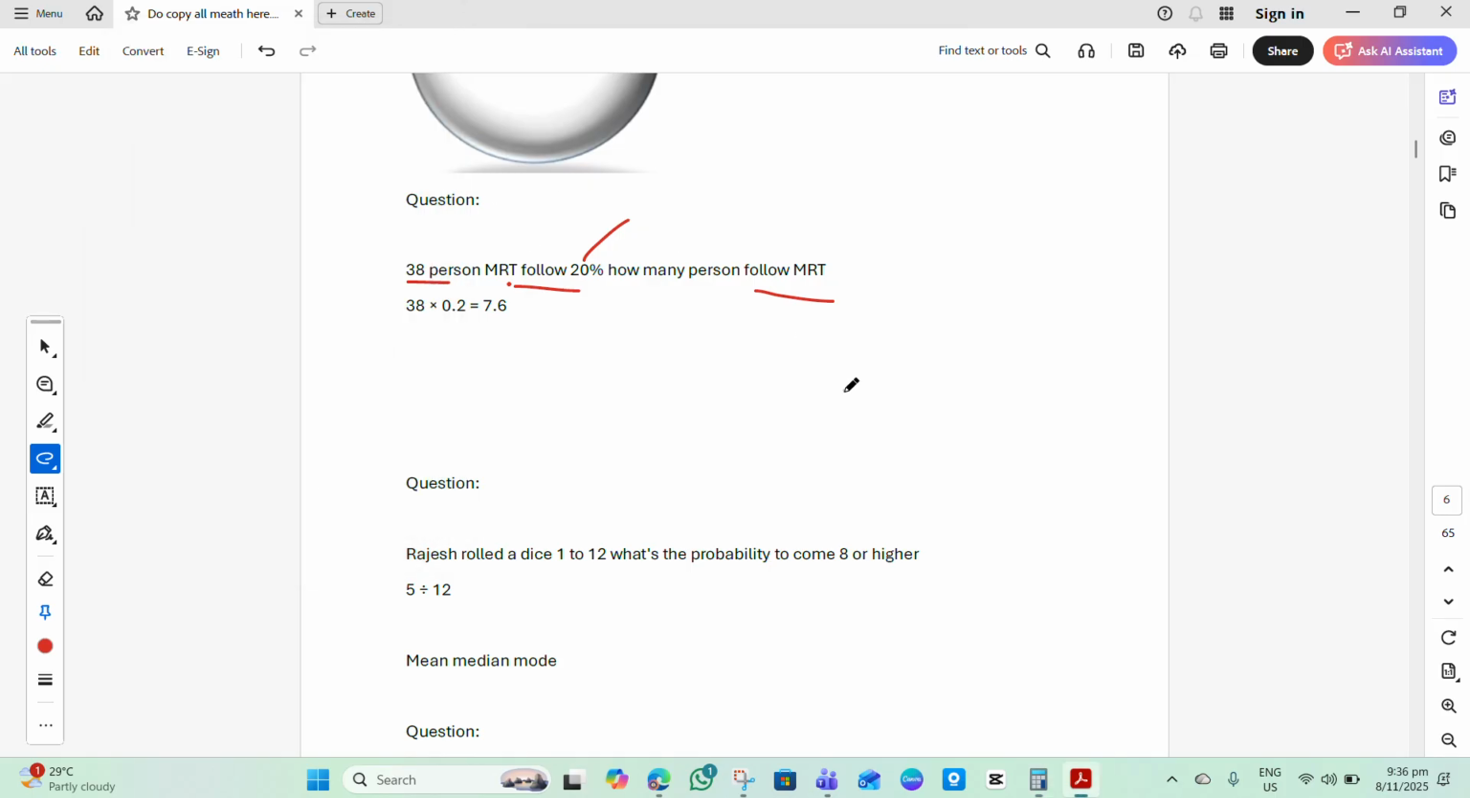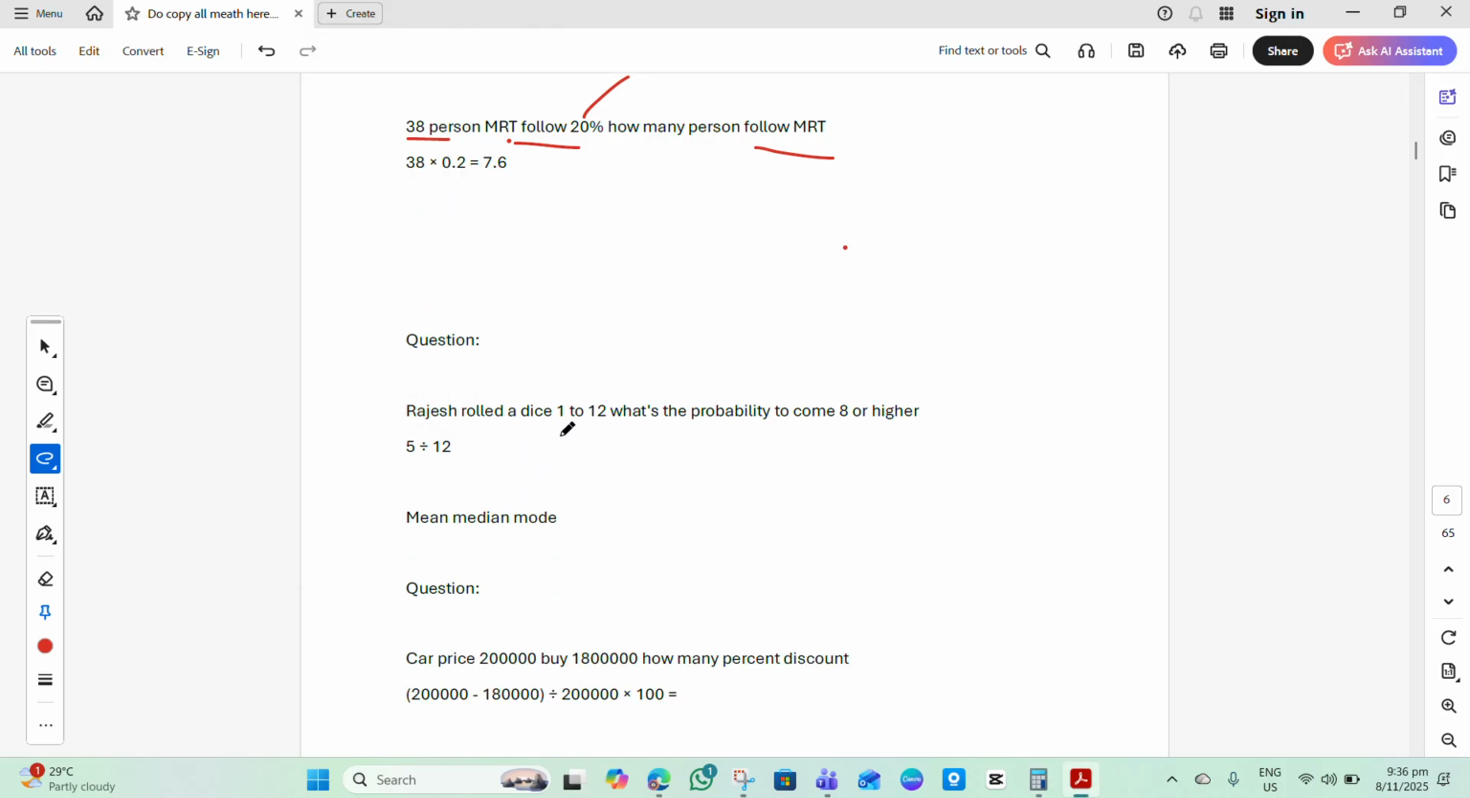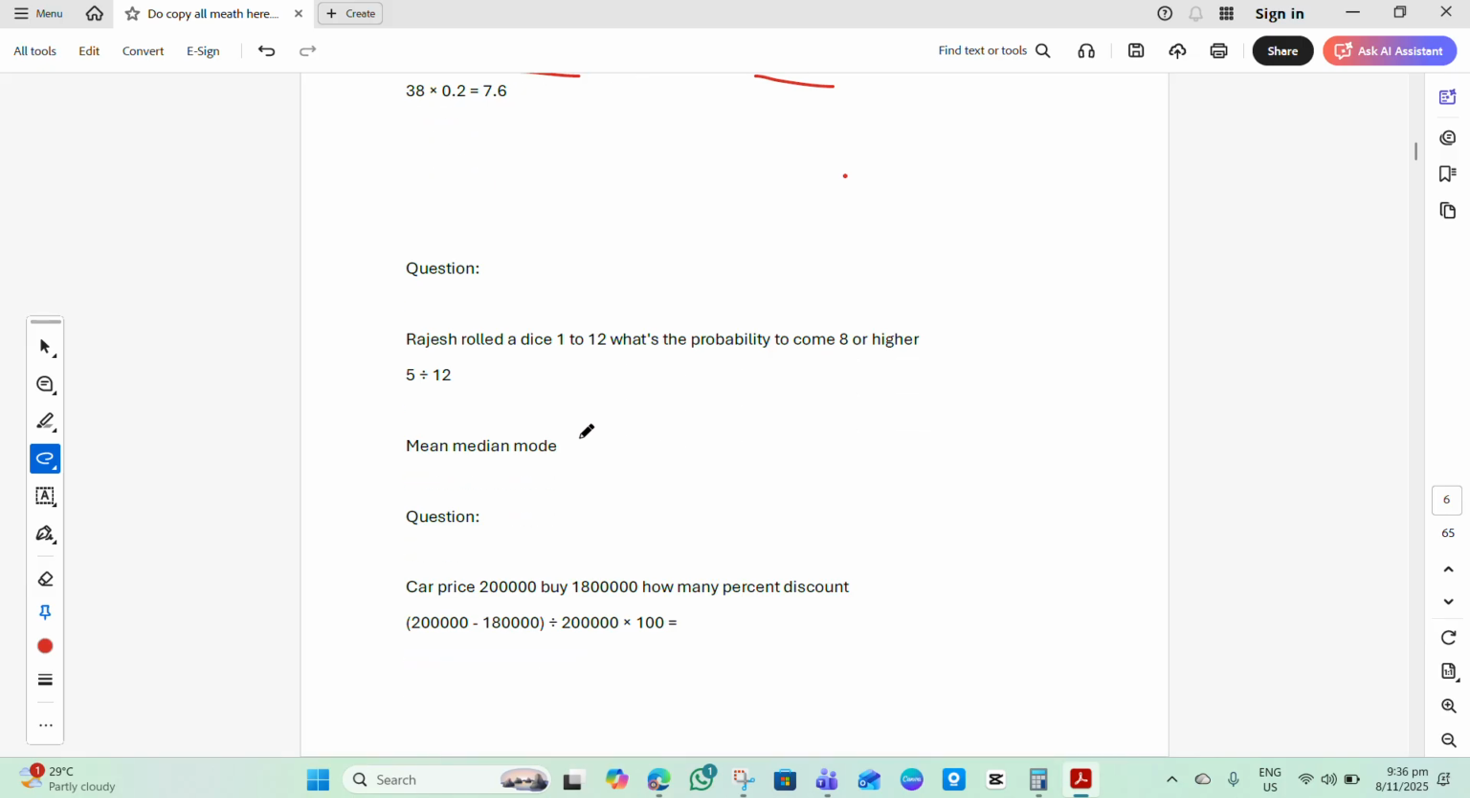Okay. Then another question. Rajesh rolls a dice numbered 1 to 12. What is the probability of getting 8 or higher? So Rajesh rolls a dice 1 to 12. The probability,